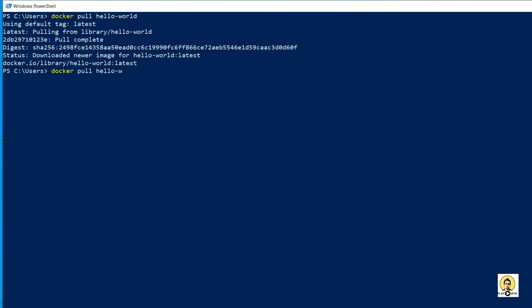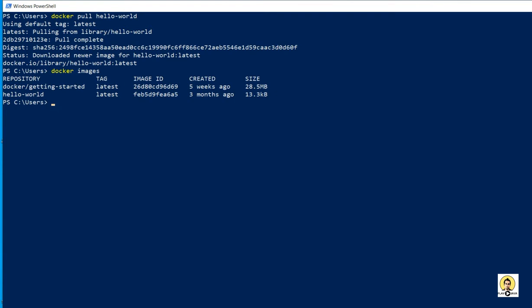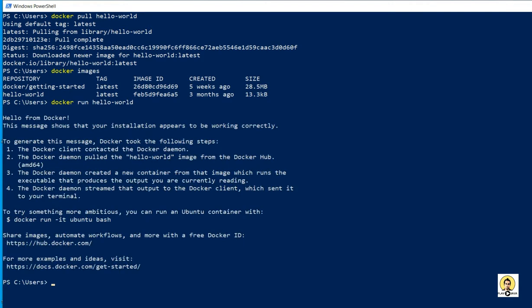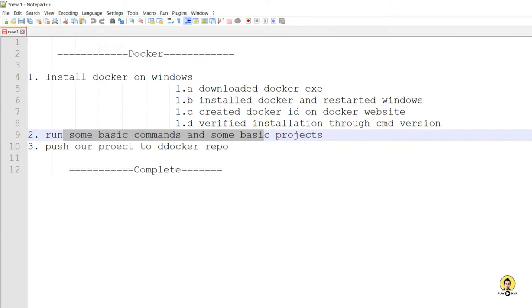If I run this hello-world which I have just downloaded, then hello-world will be executed. And images are the projects which we have copied from Docker. As you can see, docker images shows that hello-world is there in our local repository. It has downloaded it from Docker. Now I am going to run that same image, docker run hello-world. So it has run and the "Hello from Docker" message is coming.